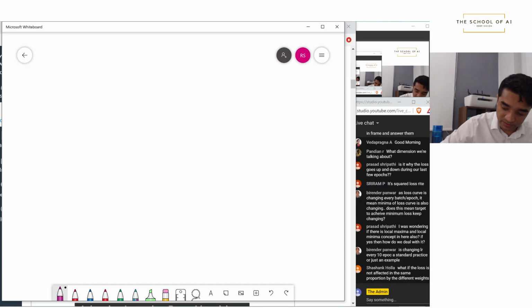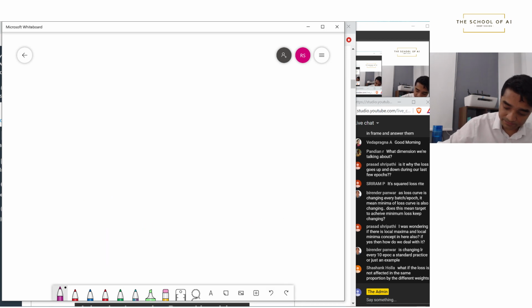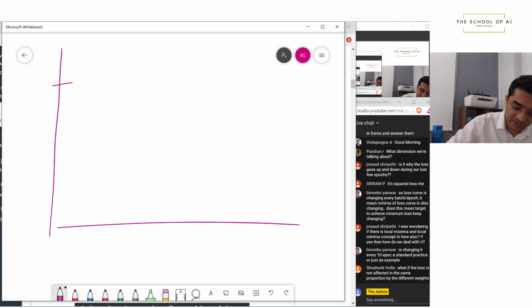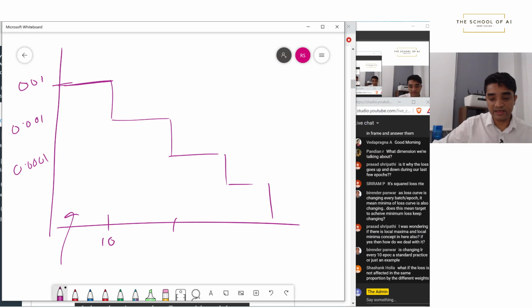Okay, now we have this learning rate right now, and let's say we change our learning rate after 10 epochs, and we say our learning rate after 10 epochs is 1/10 of what we have. Let's say this is 0.01. So this is our learning rate, and after 10 epochs we reduce it, and then we say our learning rate is 0.001, and after 10 epochs we further reduce it, and this becomes 0.0001, and then we reduce it again and again. It is a step function, and this is on the log scale. Now when you do something like this,